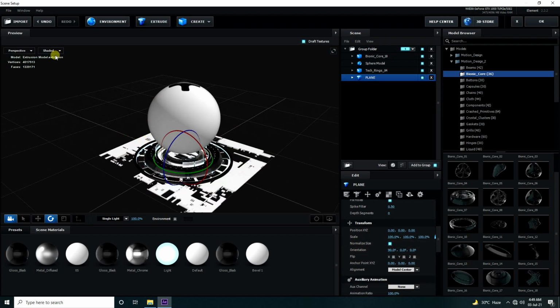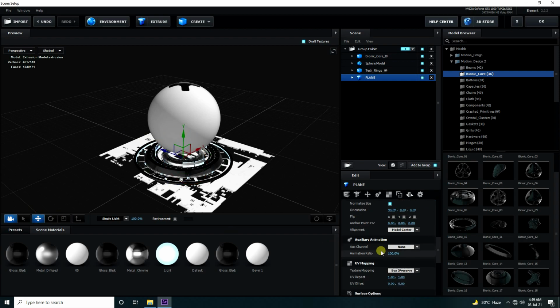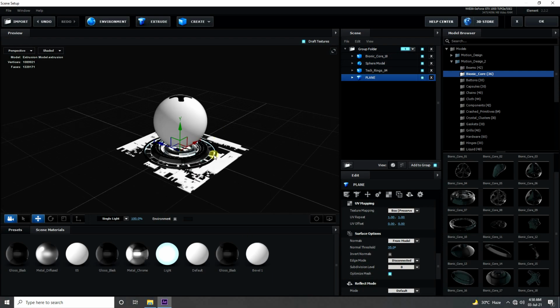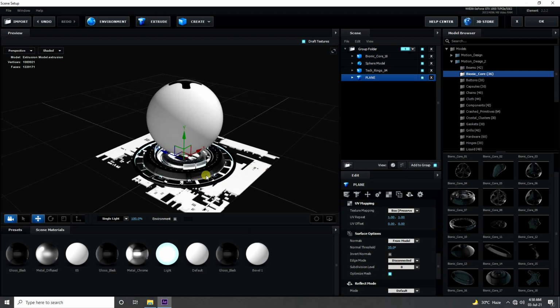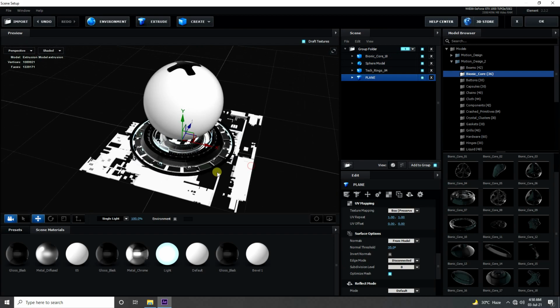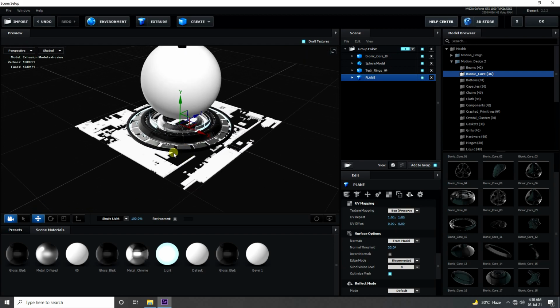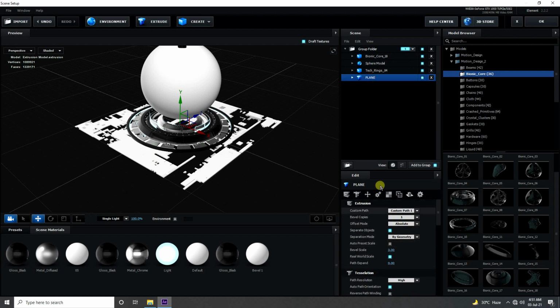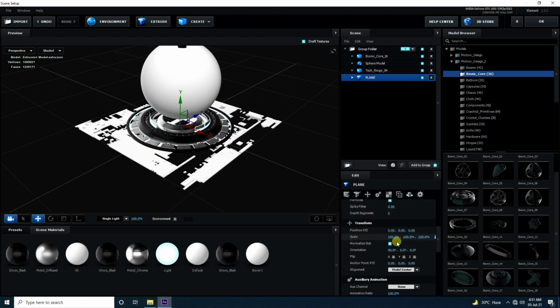Second, optimize mesh. Click here, optimize mesh check. After optimize mesh, I increase this plane texture size. Go here and increase the scale size like this.